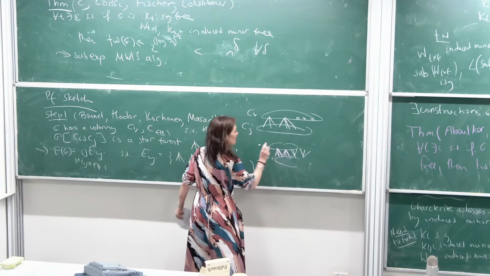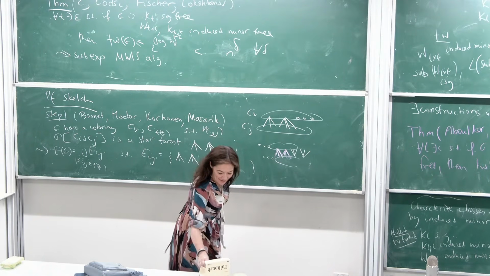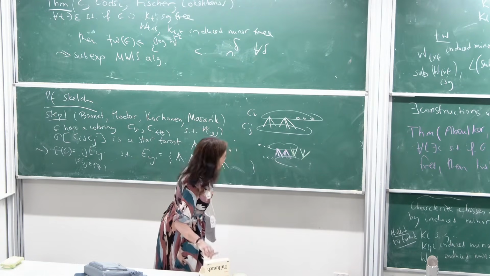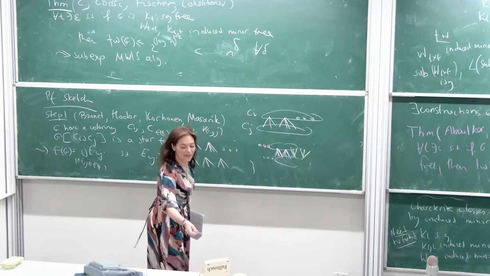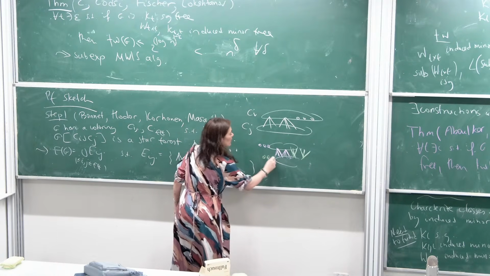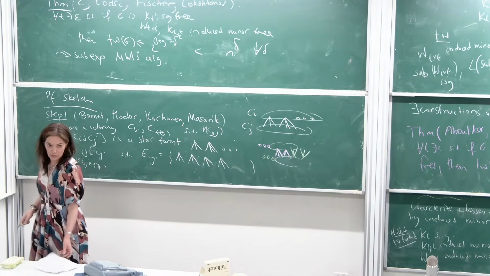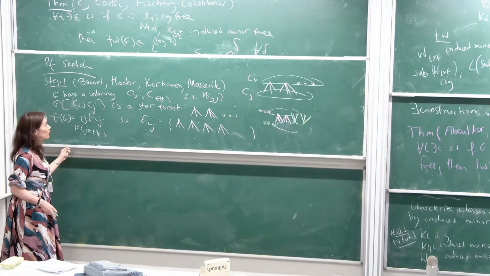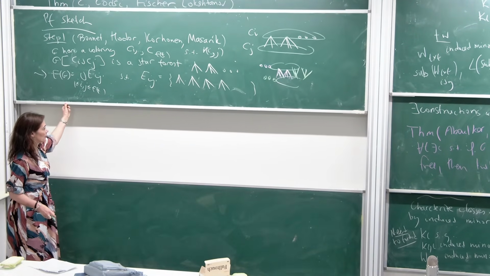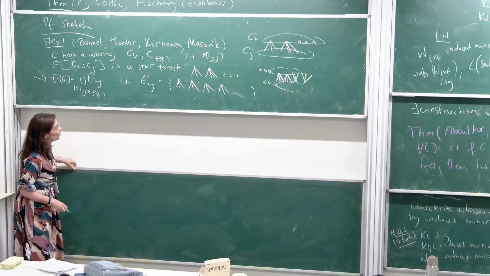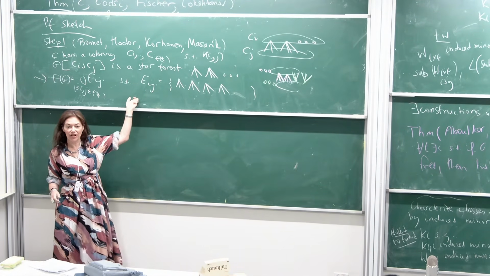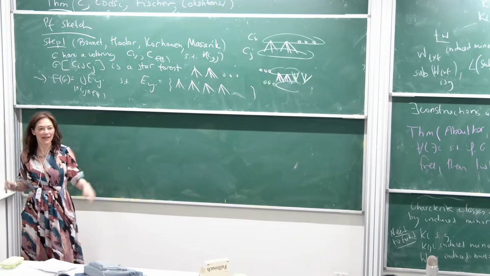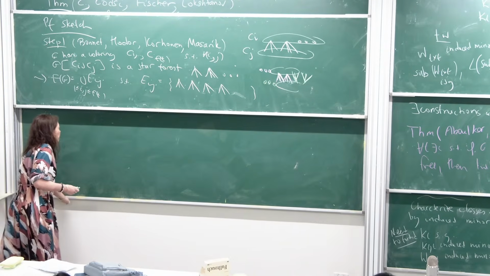So Eij is this, and Eji is that. If I want to think about the star forest, this is the purple one, this is the green one. Okay, so now the trick is you define the complexity of your graph, or the dimension of your graph, as follows. You ask, in how many Eij do you have large degree? And I think large means 3, but let me say 100 to be safe. So the dimension of G